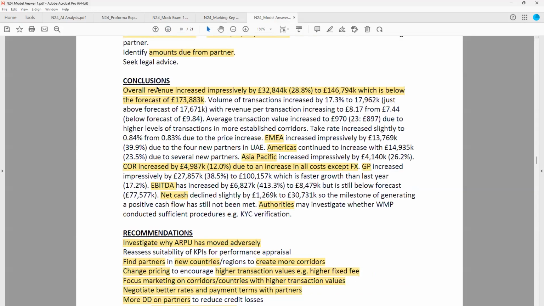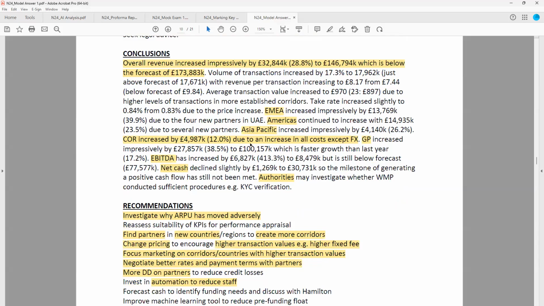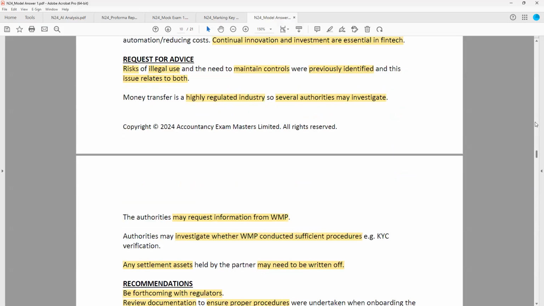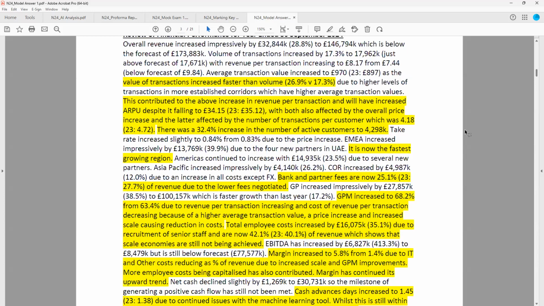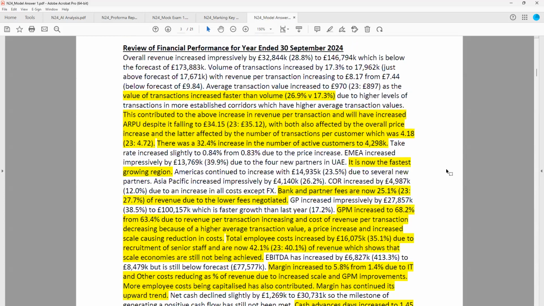a point on each section, like revenue by region, cost of revenue, gross profit, EBITDA, cash, and the partner issue, just one point on each of those, the main, key headline point on each of those. You've got nice and concise conclusions. You bring those over into the exec summary, so you've got the raw headline numbers there, and then you're